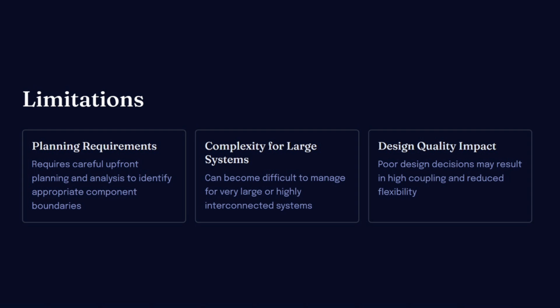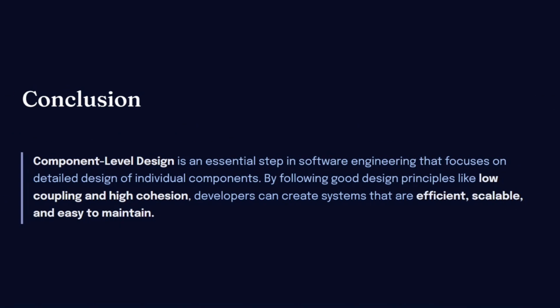Now, these were some of the limitations, and with that, let's come to the conclusion. So, component level design is an essential step in software engineering that focuses on the detailed design of individual components. By following good design principles like low coupling and high cohesion, developers can create systems that are efficient, scalable, and